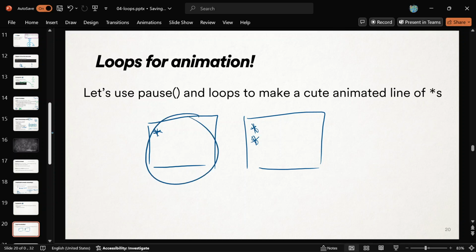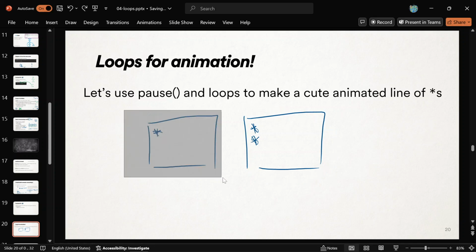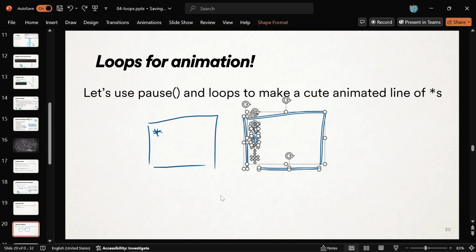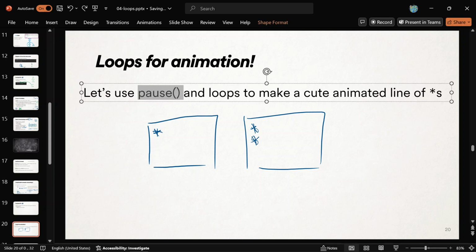If you just show a piece of paper that has one star on it, and you flip really quickly to a piece of paper that has 2 stars on it, it looks like it appeared magically, right? That's how movies work. You show this frame for a little bit, like a 30th of a second, and then you show this one. That's how animation works, right? So we can use this pause function to stop our program, print something out, let it sit there for a split second, and then print more stuff out, and it'll look like it's being animated. Let's make some falling stars as an example of that.